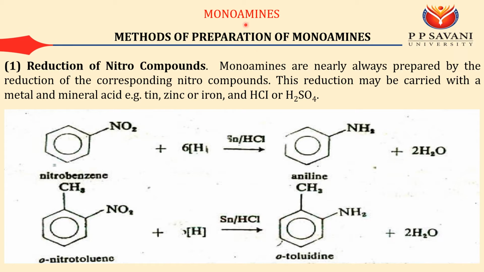The synthesis is very easy. As I told you, you can simply do reduction of the nitro group and you will get your product. And as we know, we always do reductions in the presence of tin hydrochloride or platinum, or some kind of lithium aluminum hydride, this kind of reducing agent. So here we have to use tin hydrochloride. I have nitrobenzene and I have to do a simple reduction, then I will get aniline. Same, if I have orthonitrotoluene, I will get orthotoluidine.